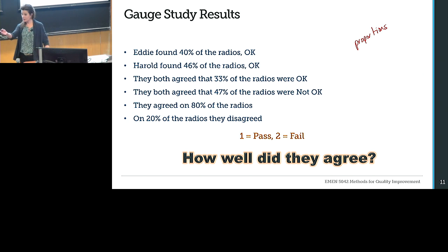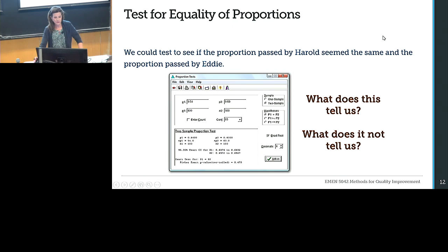Okay, well, that's descriptive, right? That's descriptive, but we have to do some type of test, right? Now, here's a couple of ideas. We could test to see if the proportion passed by Harold seemed the same as the proportion passed by Eddie. So I do this test. This is a proportion test, because you remember here we had